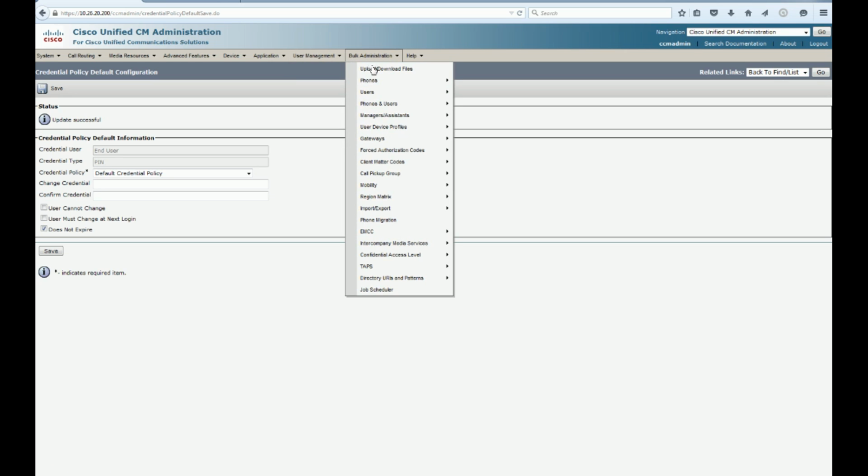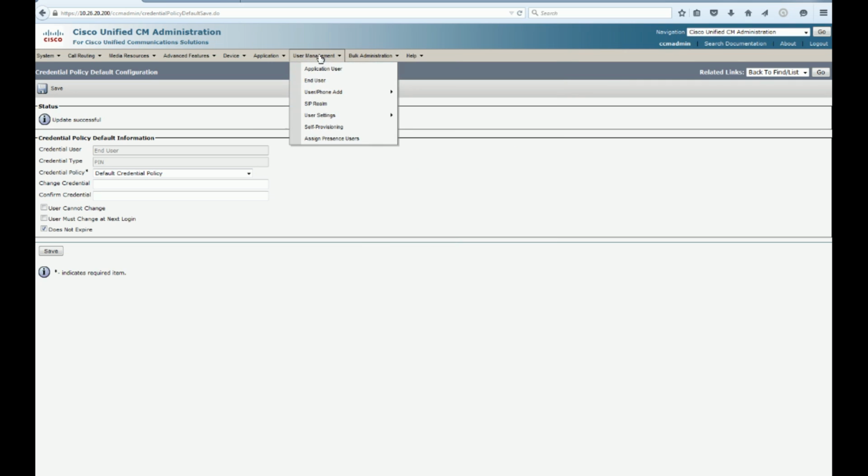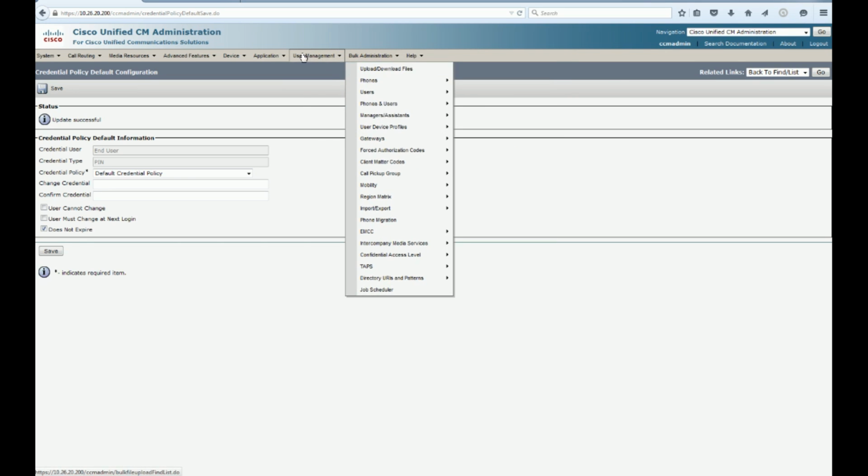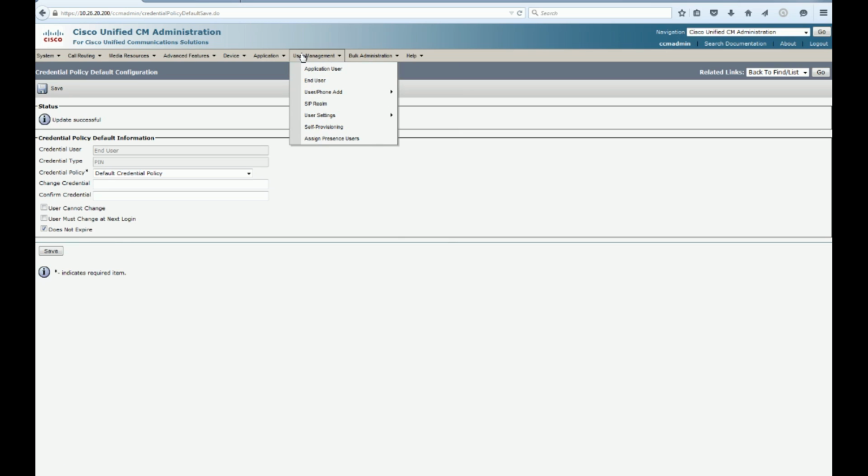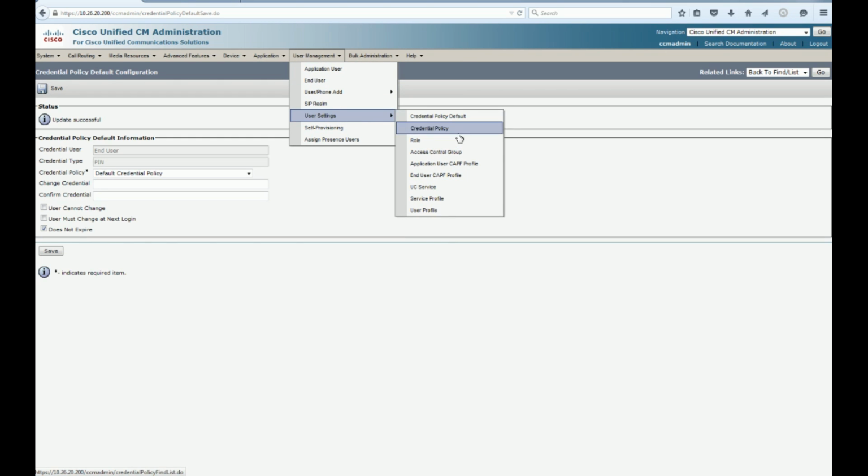I have imported my route filters that I had previously uploaded to the server. You can't actually do the import until all the services are active, which we have already done previously. So we have our credential policy set, we have our access control group set, we have our UC services and our service profile already up and configured and ready to go for